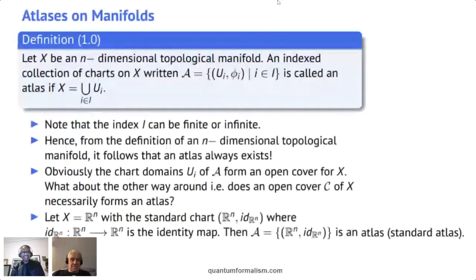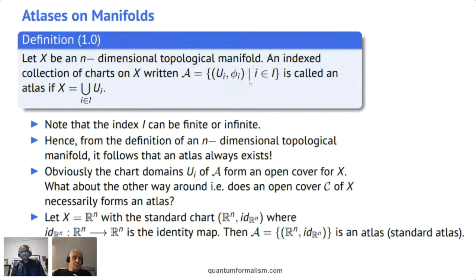So let's see, atlases. This is really a very intuitive notion that you learn in geography, or if you are a traveler, right? You are driving around the world. You buy your atlas. So this is really an abstraction of that. The atlas that you buy in the bookshop, or you learn in cartography, is made of charts, right? So in the abstract, when you have an n-dimensional manifold X,